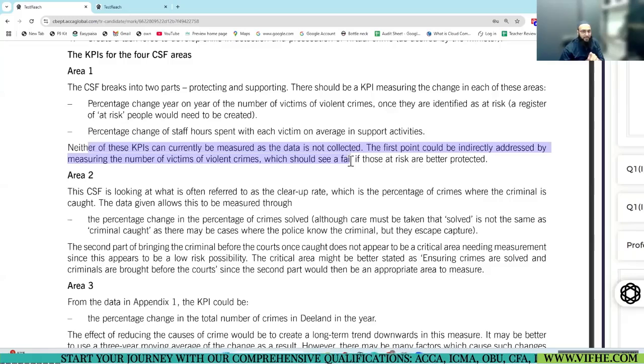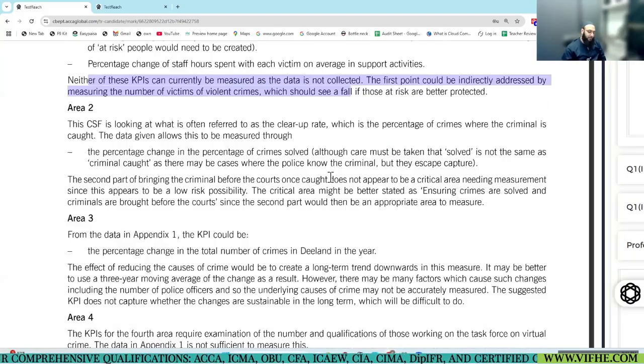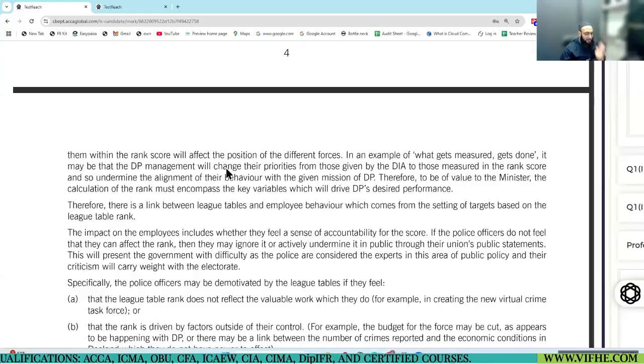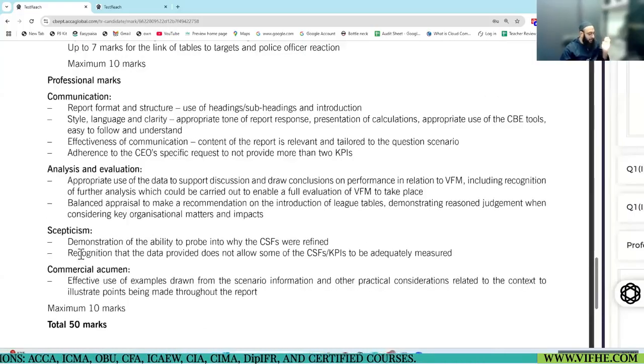Yes, we don't have this information as such available. This was mentioned in the answers, and you can see in the skepticism part that they did require you to recognize that data does not allow some CSFs to be adequately measured. And the answer mentioned that. Did the answer mention it? Yes.